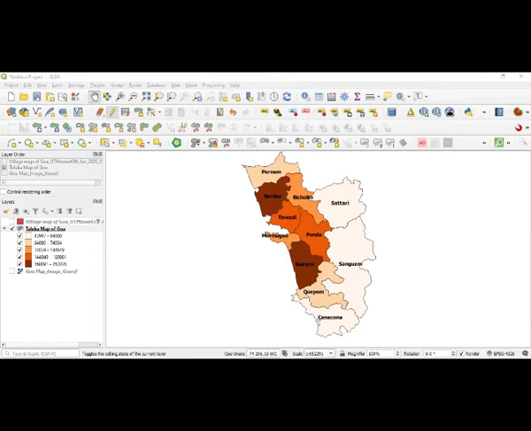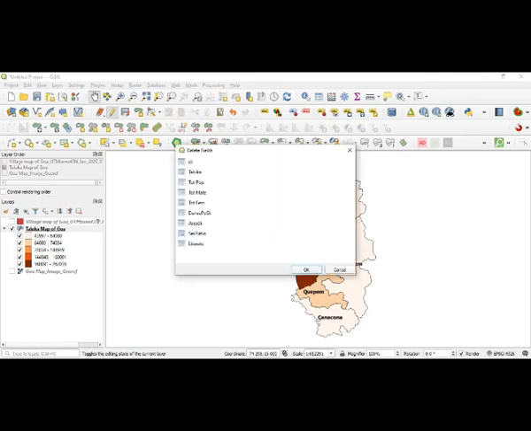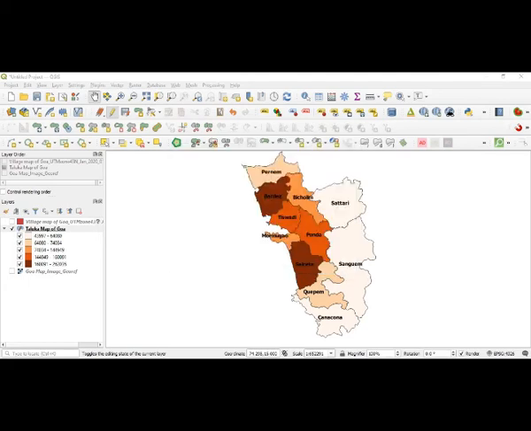If you want to delete any of these, let us suppose you don't want the literate right now, then what you can do is go to delete field. Next to the new field, there is one delete field. You go to that delete field and click there, and one small window opens. There you select literate and say okay. So that column will go away. Now you got the idea of how to add a column, how to delete a column that you don't want, and how to add the data that is attached to a particular taluk or administrative unit or whatever other things.